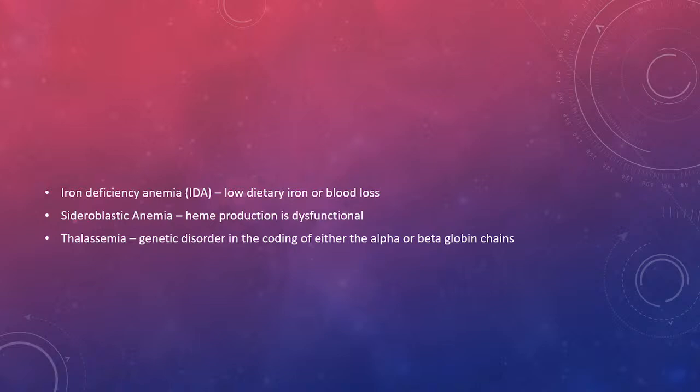Sideroblastic anemia, on the other hand, there's a problem with the heme production. So it's either in the pathway of porphyrin, or there's a congenital problem in the production of your porphyrin, or there's a problem with your heme production in relation to taking in toxins. Now, in thalassemia, we will discuss this further later on. But I want you to remember that there is a problem with the gene coding for the globin chains.